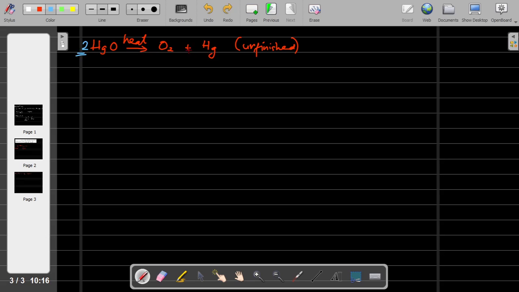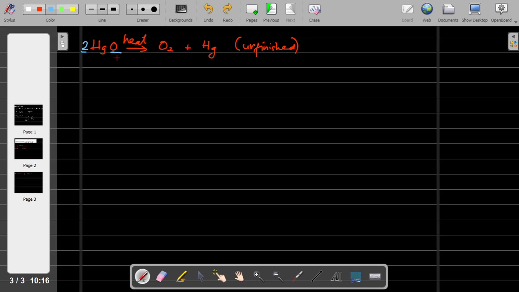Okay, let's get back to our main discussion. We have O2 here, so we have to make it 2 O here, but because we cannot put number 2 here, the only thing that we can do is put number 2 in front of the HgO. So we put number 2 here. Now we have 2 O on the left side, and also we have O2, 2 atoms of oxygen, on the right side. So we don't have any problem with the O anymore.